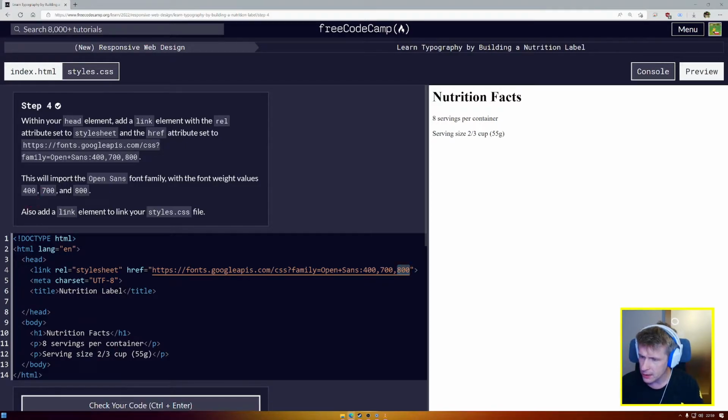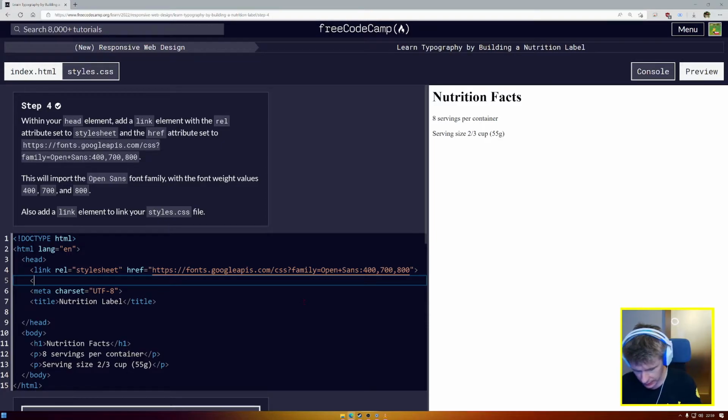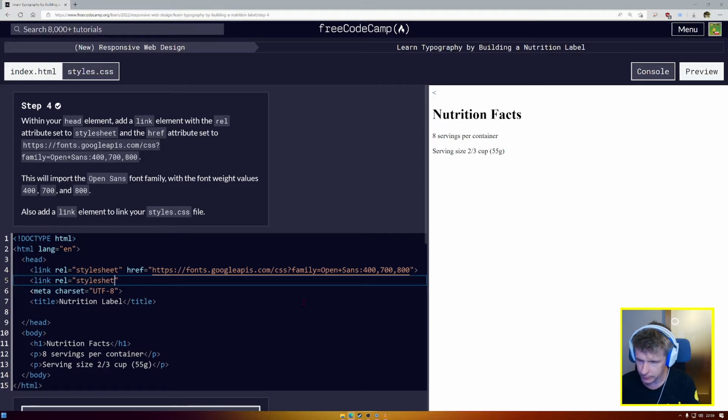Oh, wait a second. It says to also add a link element to link your styles.css file. Okay, so we have to make sure that we do that as well. So we'll link our styles.css, link relationship equals style sheet, type equals text/CSS, and href equals styles dot